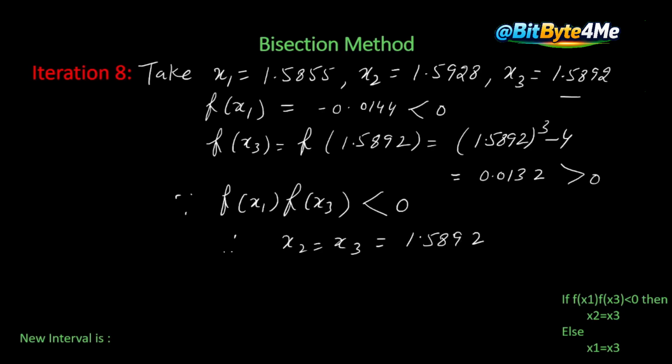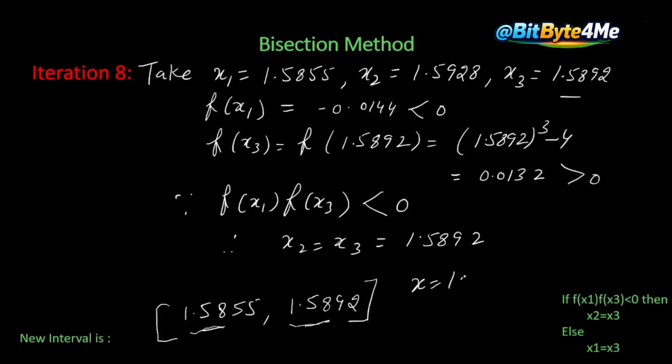1.5892. So our new interval will become 1.5855, comma, 1.5892. So in the next iteration we will take this as x1 and this as x2, but if we see, the first 3 digits of this and the first 3 digits of this are the same. If we want the answer correct up to 2 decimal places, then we have received it. So we will stop here. We will say x is equal to 1.58 is the solution of the equation. So in this